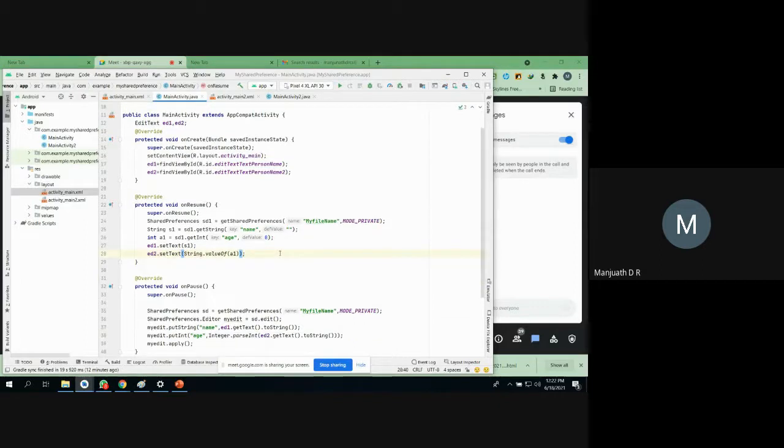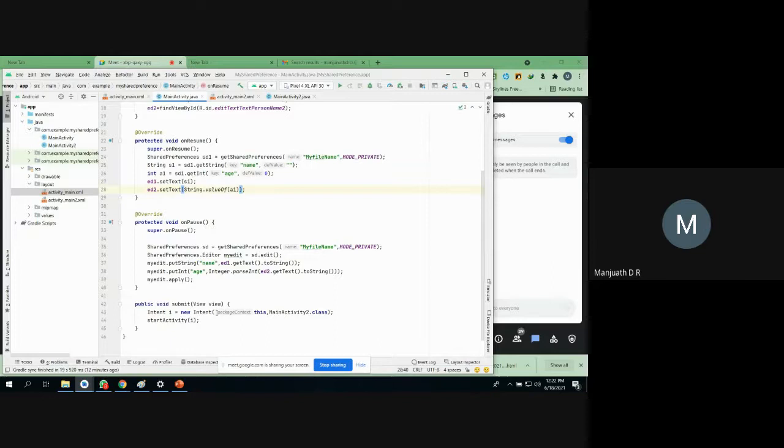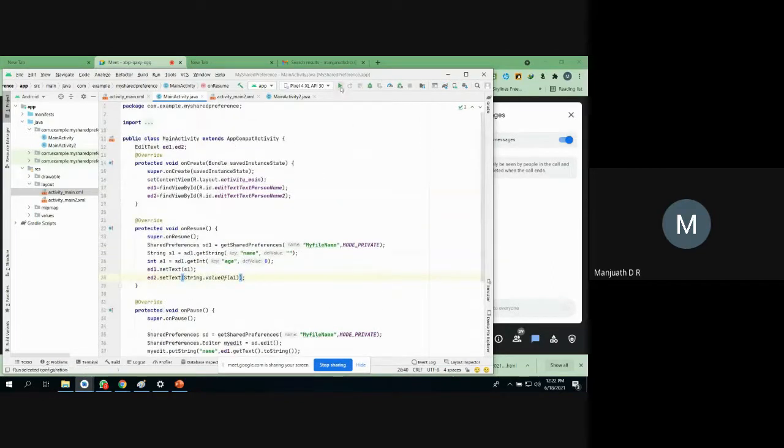So we know how to read the information, we know how to write the information, and we have one button also, submit. Let us run this application. We'll see what output we'll get.